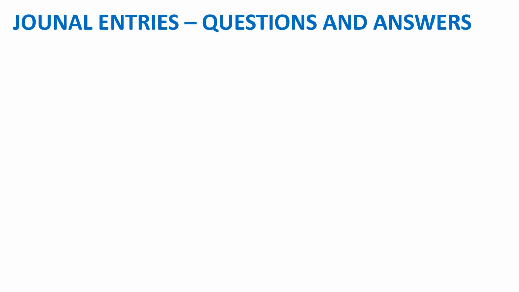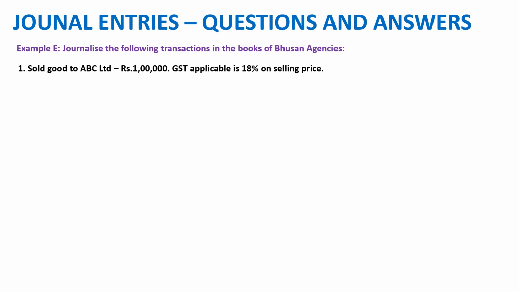We'll come to the last category. Example number E. Journalize the following transactions in the books of Bhushan Agencies. Right. The first is sold goods to ABC Limited 1 lakh. GST applicable is 18% on selling price. Right. So normal entry, ABC Limited customer account debited. Right. Asset increase 1 lakh 18,000,